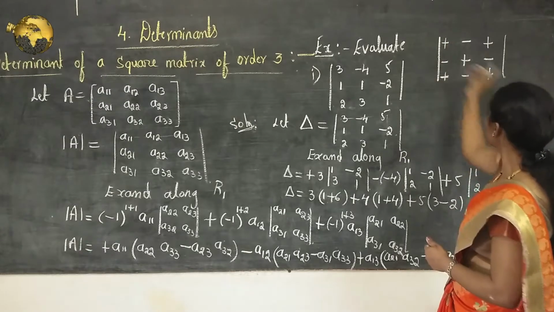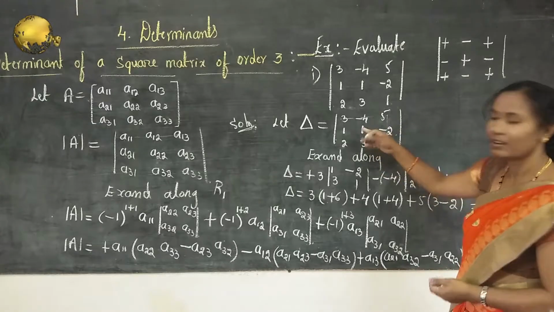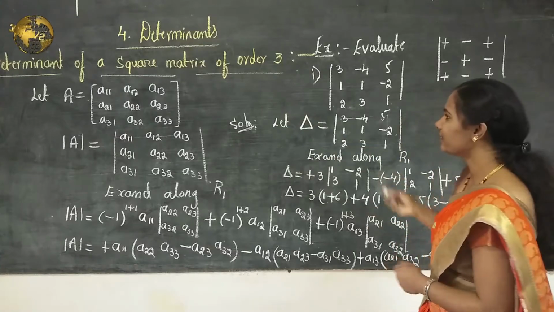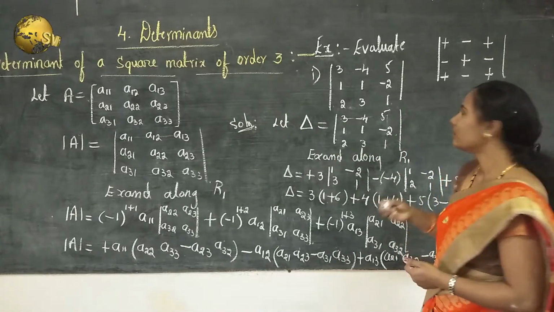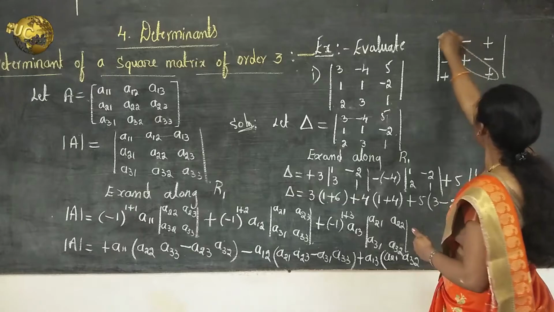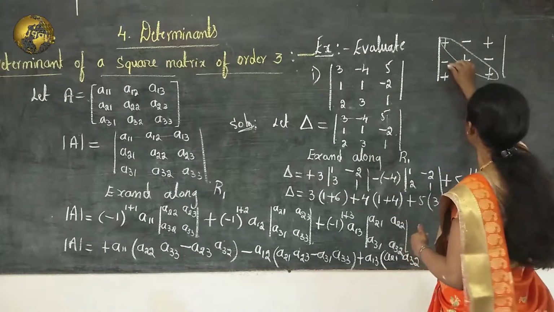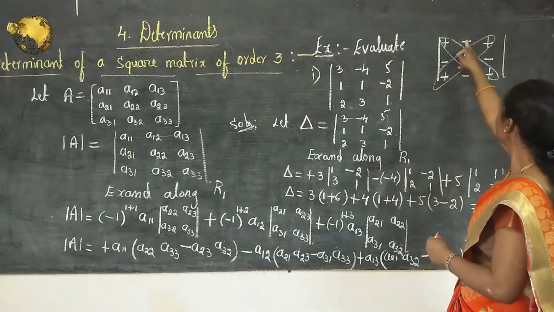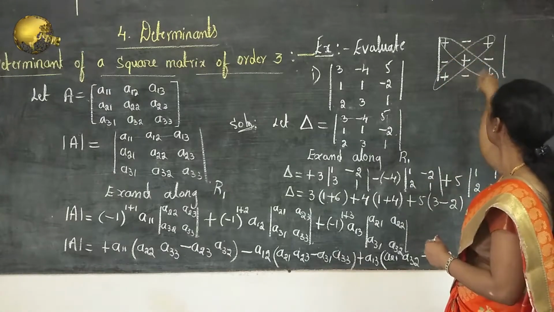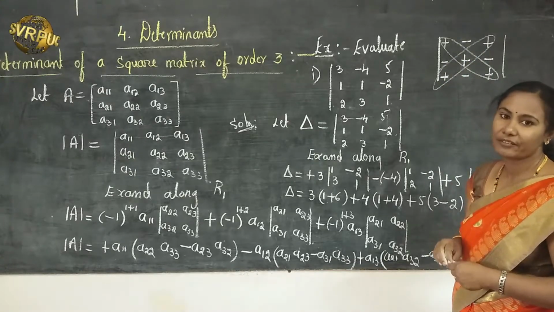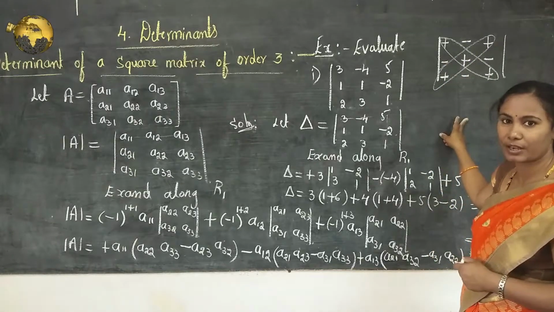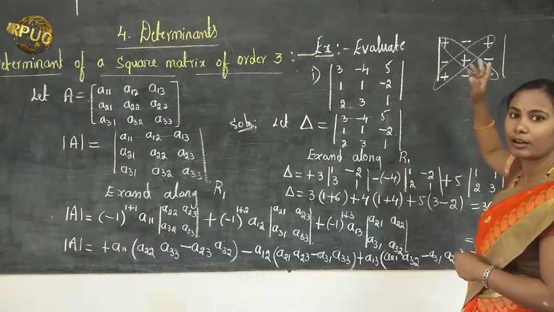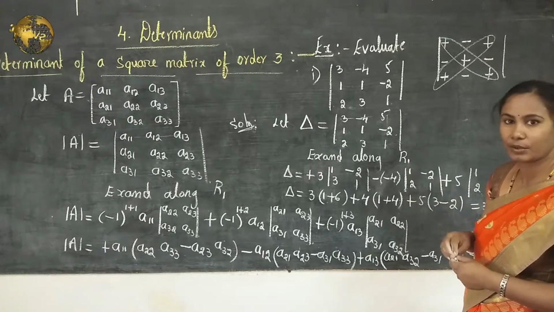Okay. So how to remember this pattern? We can remember as usual by taking the column elements. So 1 1, 1 2, 1 3, like that we can remember. Otherwise, just see here, all diagonal elements are positive. All diagonal elements are positive. Non-diagonal elements are also positive. Rather than those elements, 4 elements are there, those are negative. Like that we can remember this pattern. Okay. From the next problem onwards, I won't use minus 1 to the power of 1 plus 1 or 2 plus 2 like that.